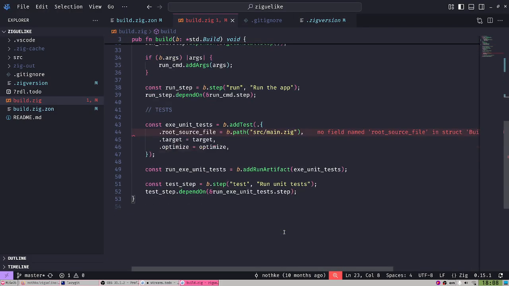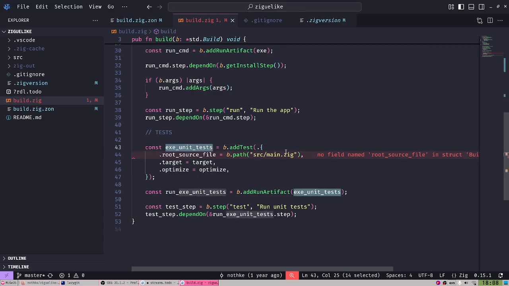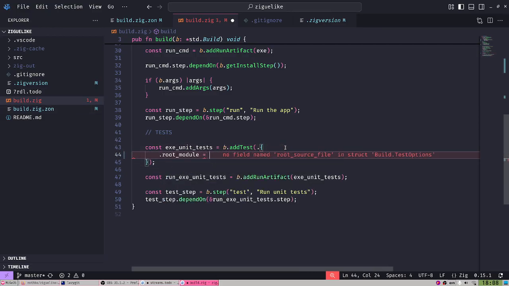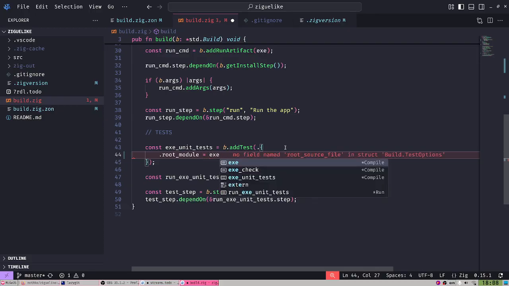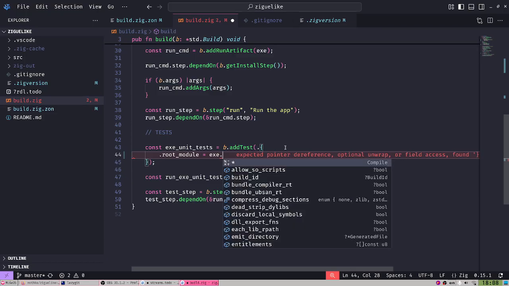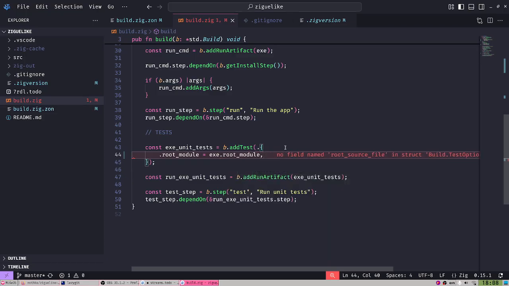Okay, there's more problems. Oh yes, unit tests, which I'm not sure if I even have in my project. But let's keep it consistent and provide a root module. Yeah, I'm just gonna say the exe.root_module. There it is. So very easy.